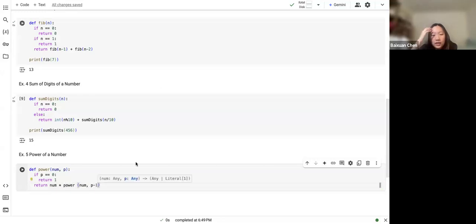p minus 1. And this makes sense because we're multiplying it by the number because it's to the power, and then we are multiplying this by that number to the power of p minus 1, right? And that would just be equal to num to the power of p. And then, for example, to print this, we could do